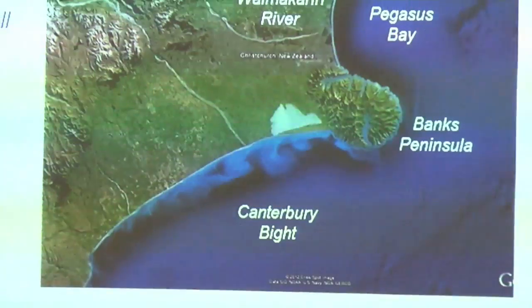Maybe we chuck the Bruun Rule out and say it doesn't work, or maybe we just need to look at a few other factors as well. Maybe the Bruun Rule is too restrictive. One of the big limitations of the Bruun Rule is, apart from that it can only apply to sand beaches, it doesn't take account of very important factors such as the sediment budget and the wave climate. So the sediment budget and the wave climate play a big role in why we've got stable beaches in Pegasus Bay.